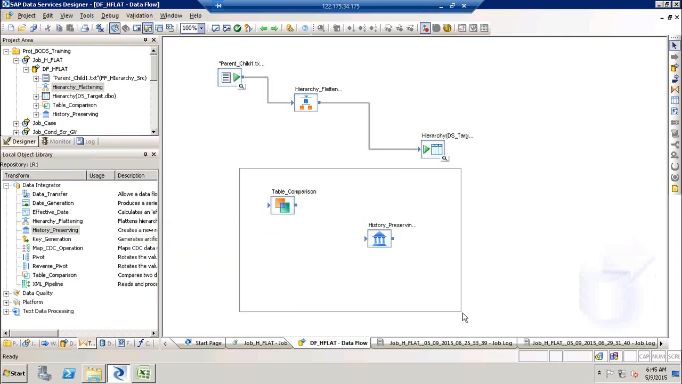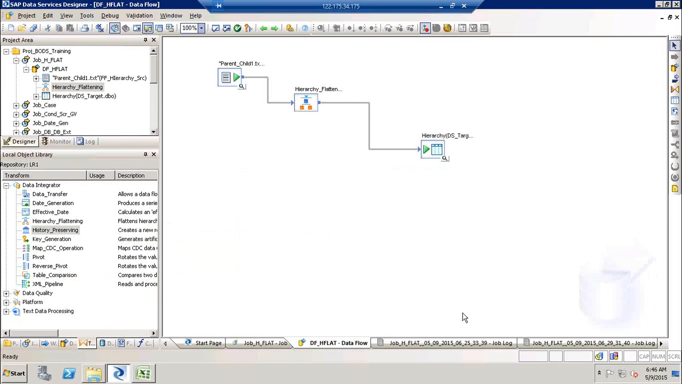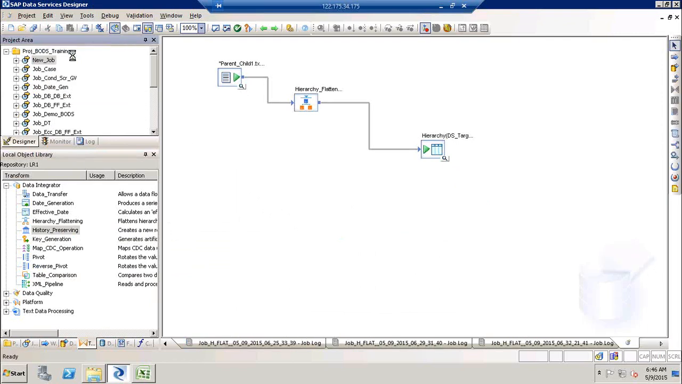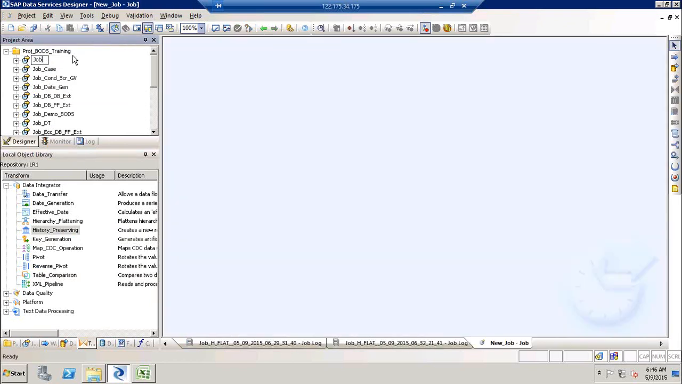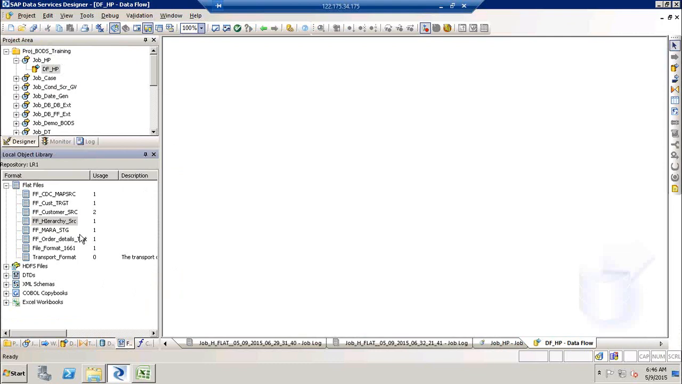Right, so this is what we can do using a combination of transformations. So let me just go and quickly build this job so we can go and look into these transformations. Job underscore history preserving, data flow underscore history preserving. Now if I open this data flow, first I need to have,